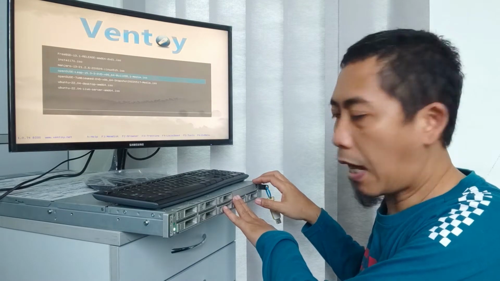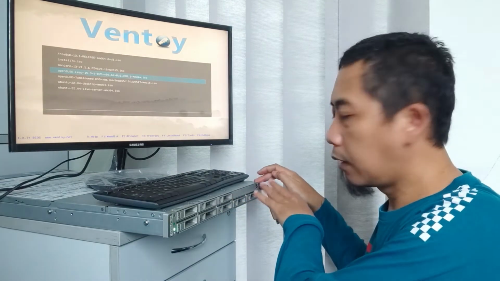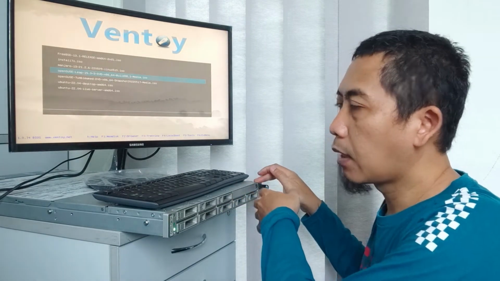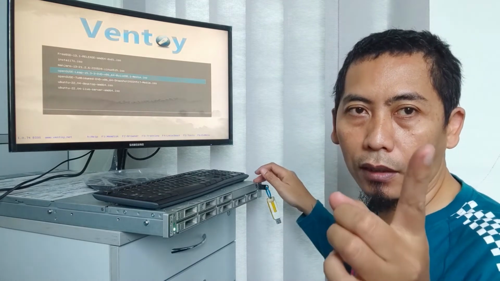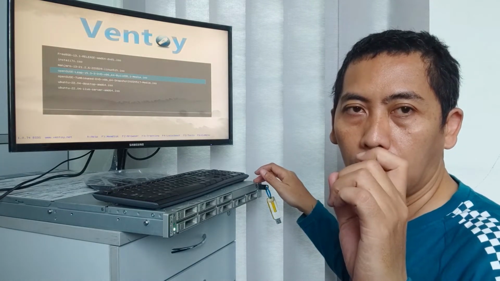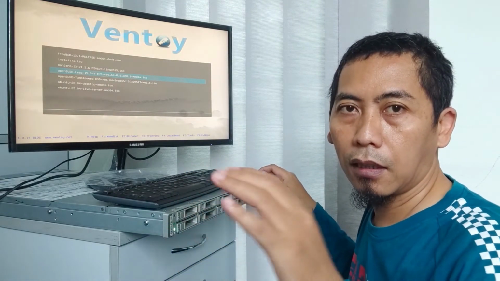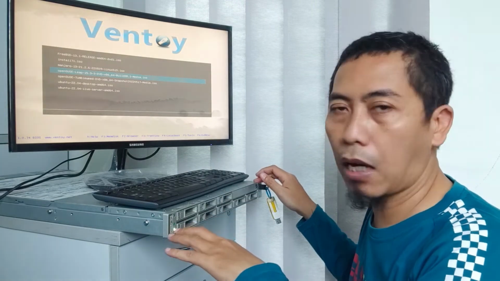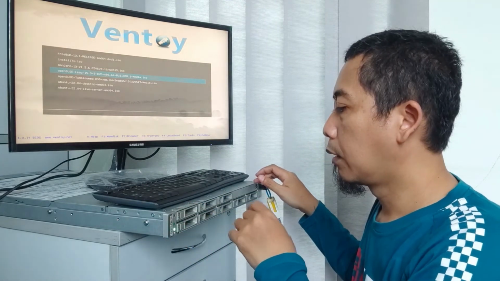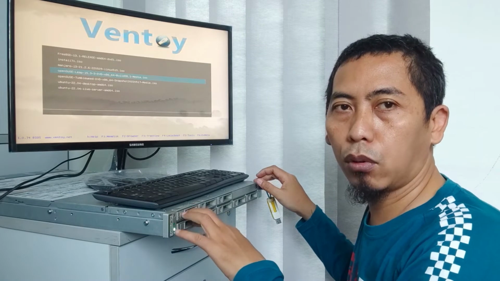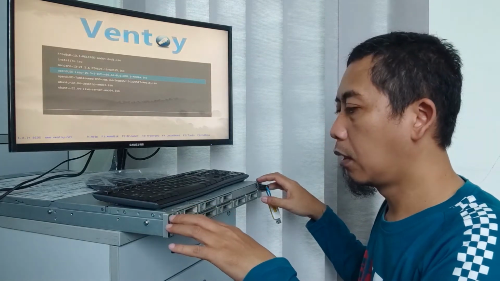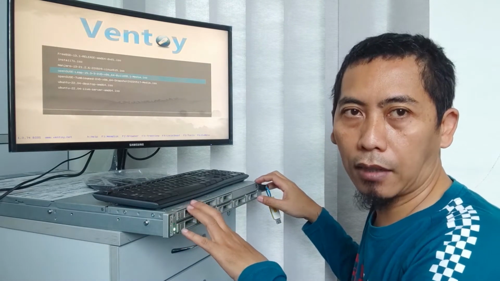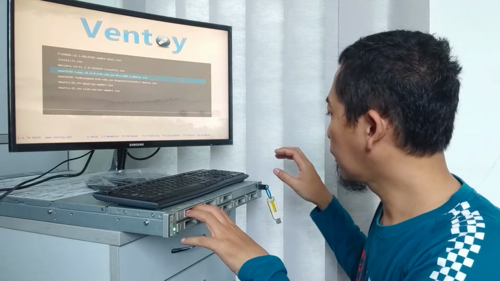If you want to know how to boot to the flash disk, see video number 1. Before this we have a series. I don't know how the series will be, so check on this video, boot on the flash disk on my Sun storage server.